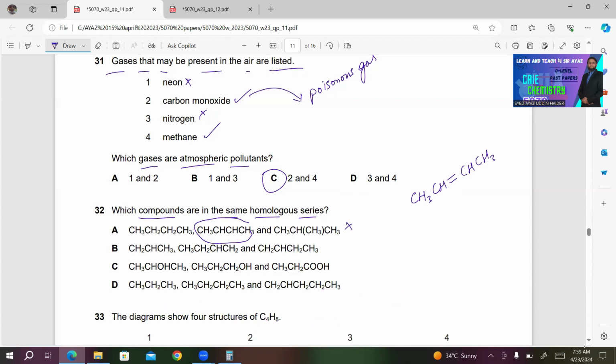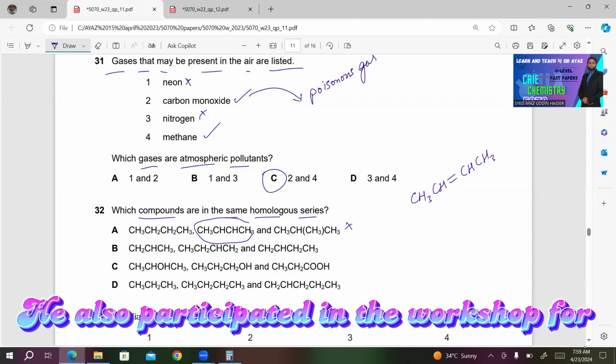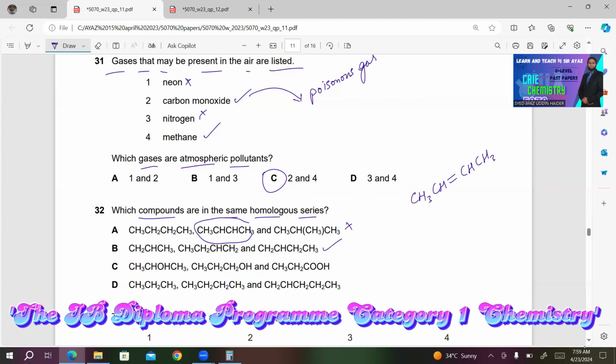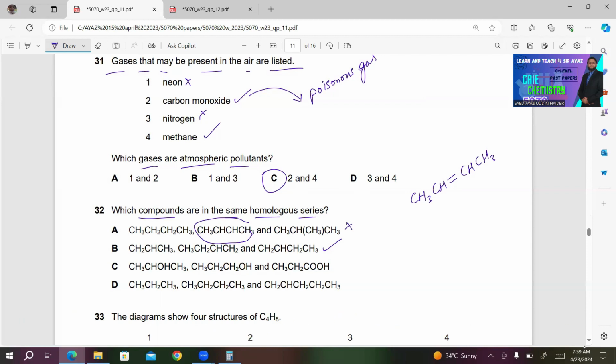B. CH3, CH, CH2, CH, CH3. Then you have CH3, CH2, CH, CH2. Both of these belong to the same homologous series. What about the last one? CH2, CH, CH2, CH3. This looks correct to me, because if you draw the structure for these, CH2, CH, CH3, it will be CH2 double bond CH,